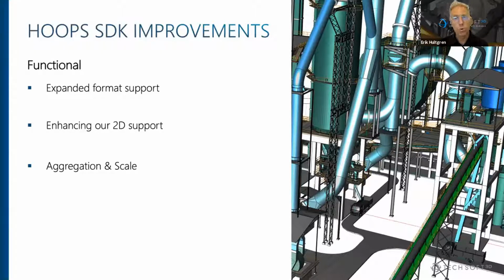Finally, we improved our ability to bring models together and also to deal with larger and larger ones. In particular, this is required for things like model federation workflows, where you have to bring in multiple different models, which could be from different floors or different systems of that same building, and have them all work seamlessly in one session. An example of some of the improvements for very large models is a new communicator sprocket inside Hoops Visualize, which lets a Visualize-enabled application connect to a Communicator streaming server on the back end, so it can load these massive models into that Visualize application.